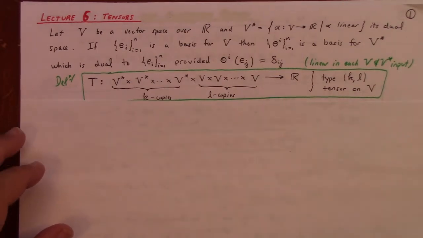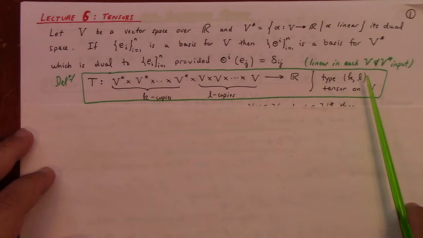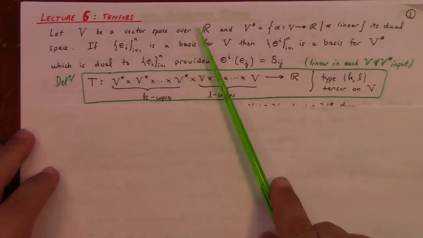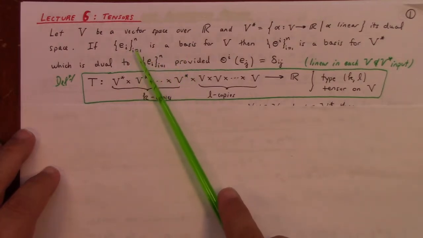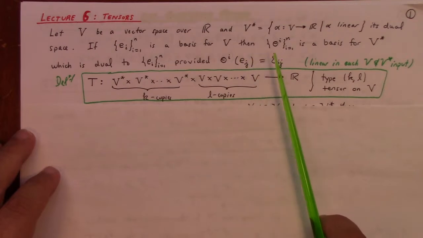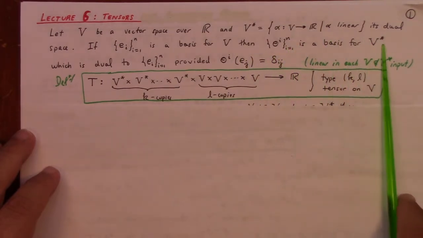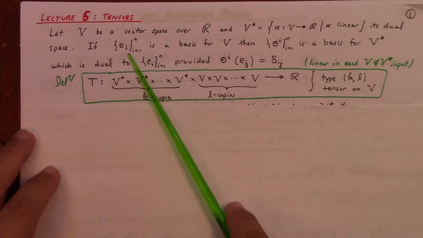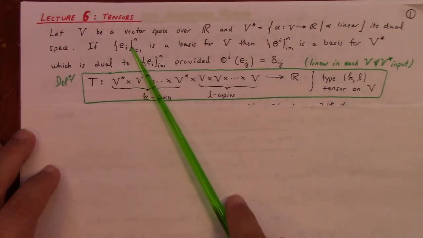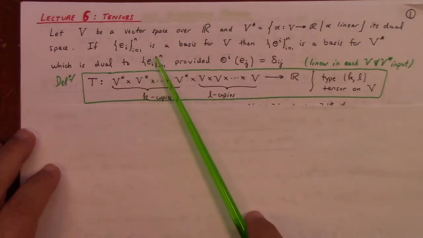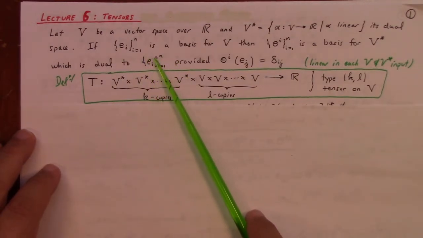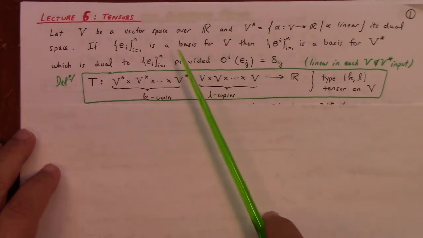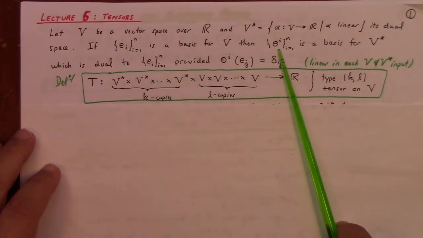All right, so a tensor of type KL on a vector space V, we're talking about a real vector space in this context of dimension n. All right, so E1 through En is the basis for V, and theta 1 through theta n is the basis for V dual. I do sometimes specifically mean E1 through En are the Cartesian basis for Rn. So you just kind of have to watch the context for what I mean by E1 through En. And sometimes in other courses I've used E upper I rather than theta upper I here for